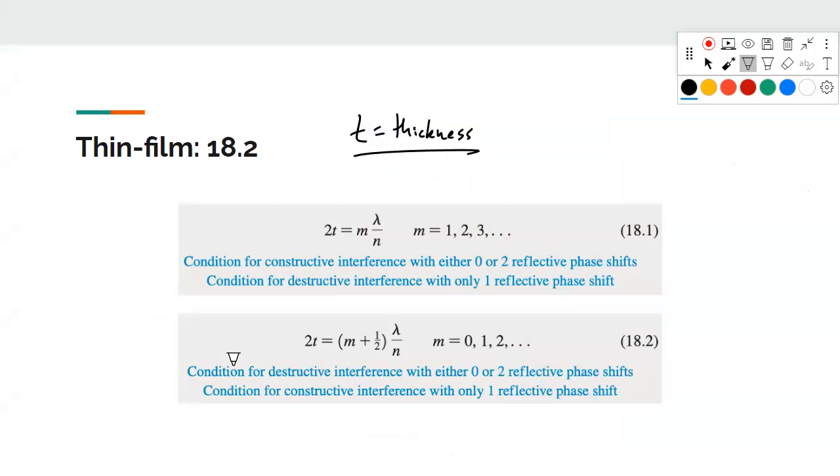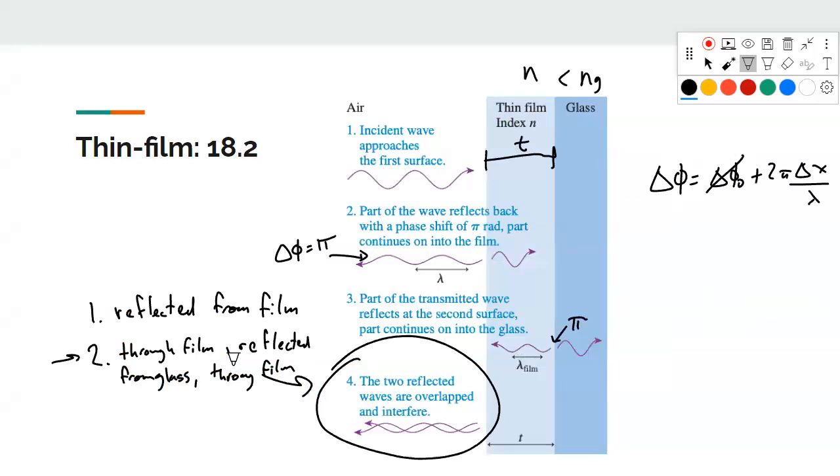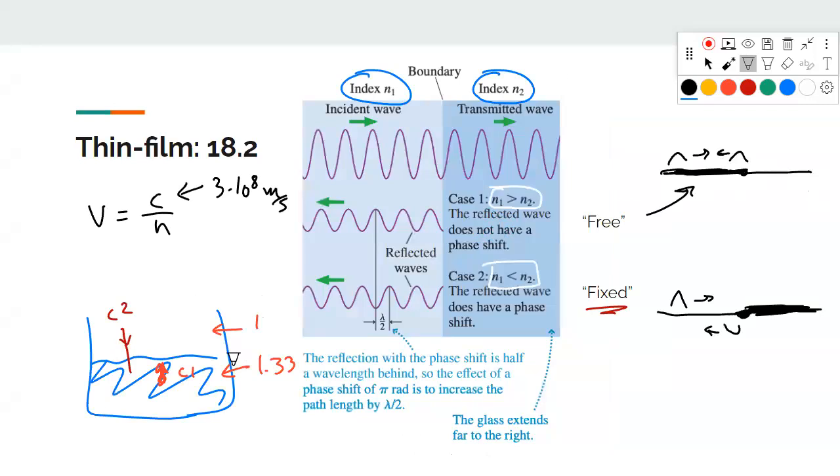So that extra distance causes a phase shift. Now, this was all the same light, so we can assume that they were lined up so that initially there was no phase difference. But because the wave that went through the film and came back had to travel farther, there now is a phase difference. And then the tricky bit is that there can also be a phase difference because of all these boundary condition